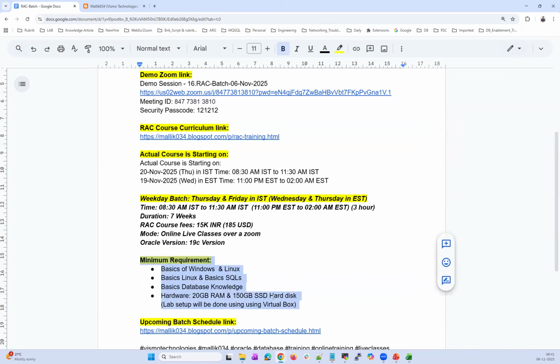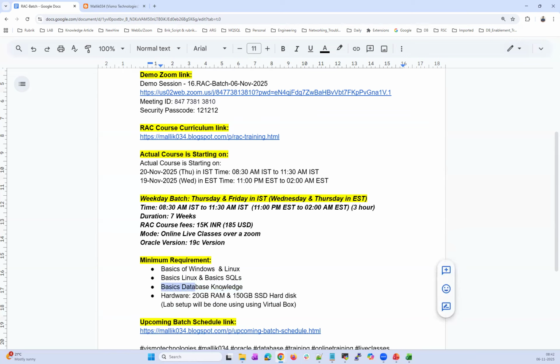The minimum requirement: the candidate or the student who will join this RAC course should have minimum knowledge of Linux, Windows, and basics of SQL. And on top of that, you should know basics of database, or you should already be working as an Oracle DBA.